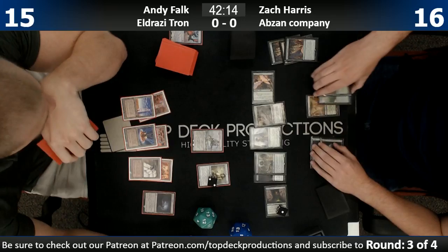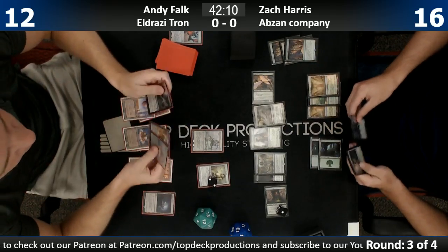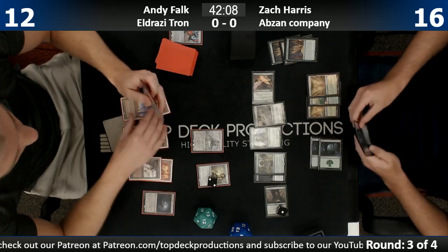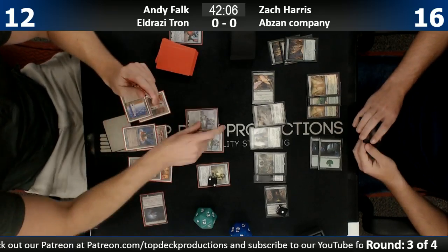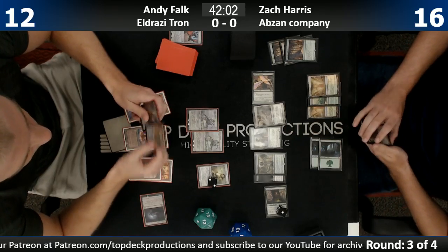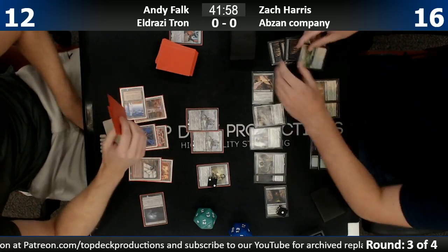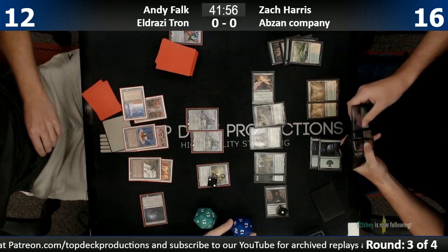Which is the correct play for all you EDH players out there. I was educated on this the other night. Just pay for your Rhystic Studies. Just pay the one, man. Don't let the blue player draw any more cards. However, if somebody else isn't paying, you're screwed. So, if someone plays a Rhystic Study...